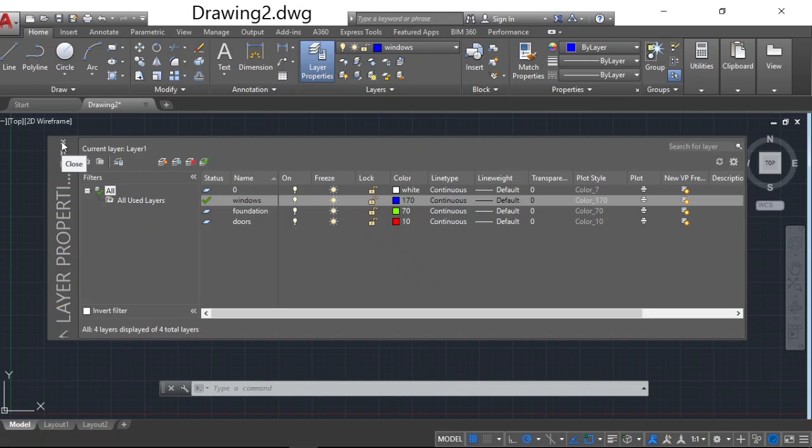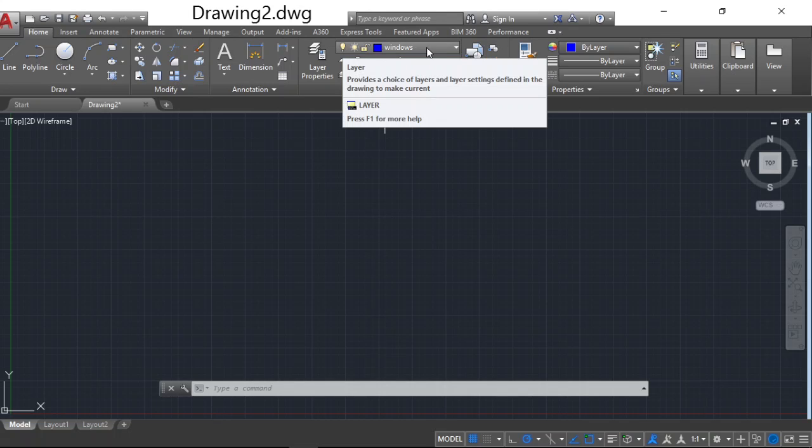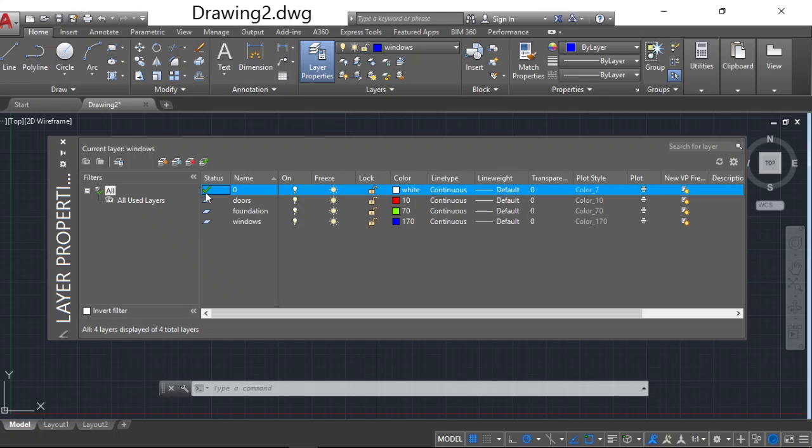Let us first go to the property window. By default it displays the default layer, so this is the default layer, and that's why a green color tick is there. Now I am changing the current layer to the zeroth layer,